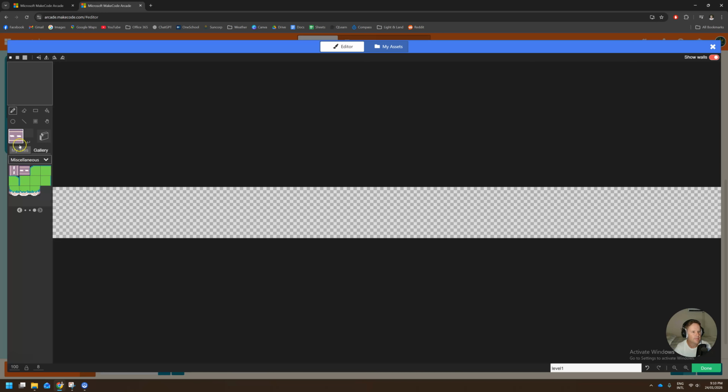Just click on that, and you can either use the pencil tool to just click and put along the bottom, but a faster way to do it is to grab the line tool here and just simply click and drag all the way to the very end there. Whoops, make sure you get your line straight, unlike me. There we go, I did miss one little spot there, but that's the road that our dinosaur is going to